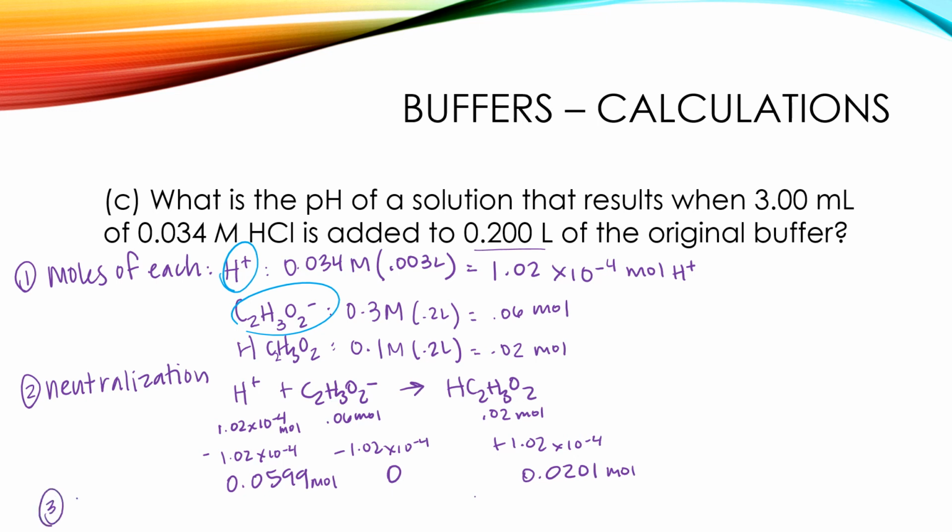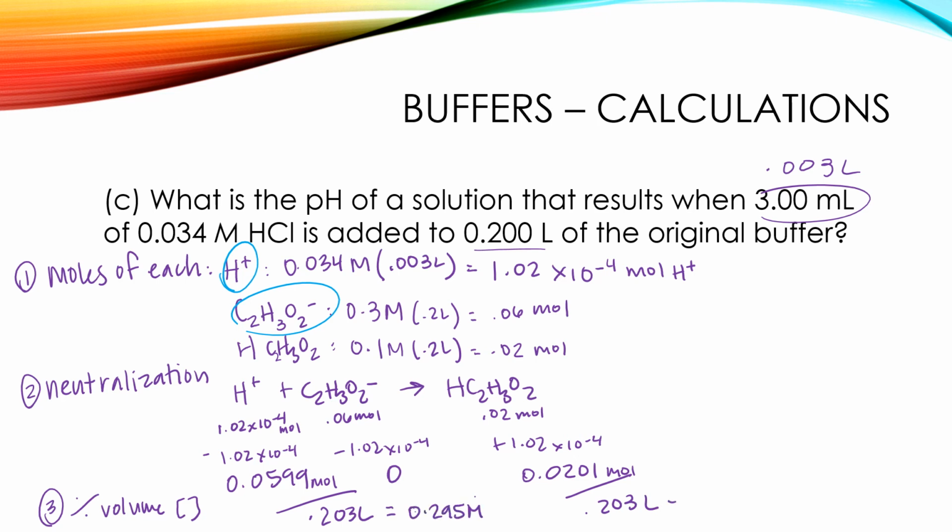So then step 3, divide by volume to get concentration. So my new volume is 3 milliliters plus 0.2 liters. 0.003 liters plus 0.2 liters give me 0.203. 0.295 molar and 0.099. So those are my new concentrations of acetate, the base, and acetic acid, which is the acid. So then step 4,